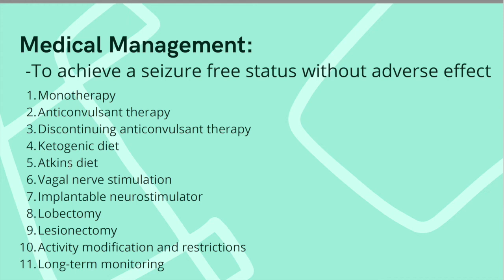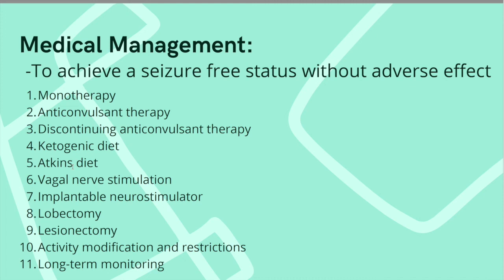Next is the Atkins diet. Preliminary data have been published about improvement of seizure frequency following a modified Atkins or low carbohydrate diet that mimics the ketogenic diet but does not restrict protein, calories, and fluids. In small studies of children with intractable epilepsy, seizure reductions of more than 50% have been seen within 3 months in some children placed on this diet, particularly with carbohydrate limits of 10 grams per day.